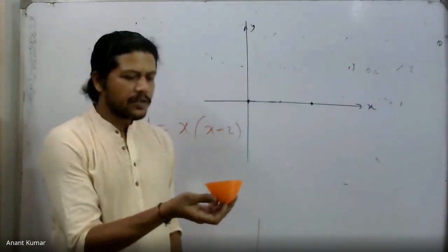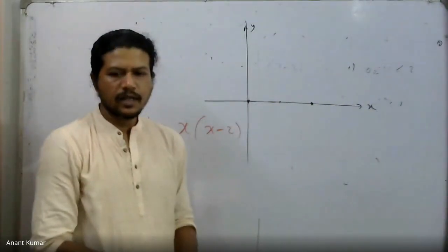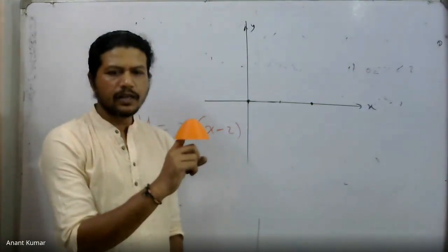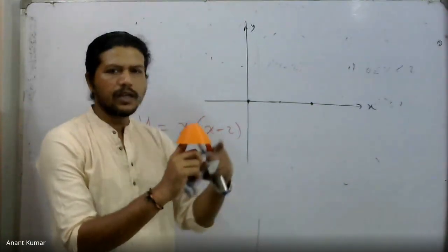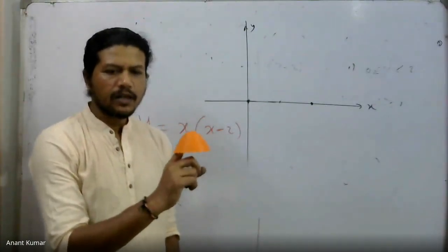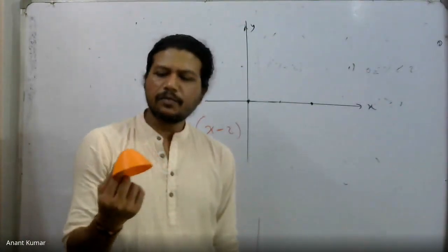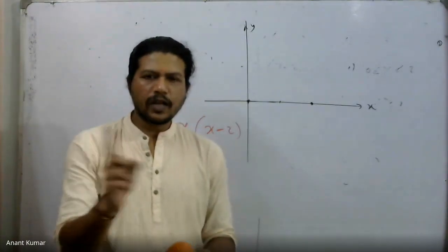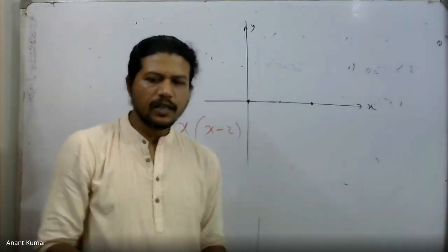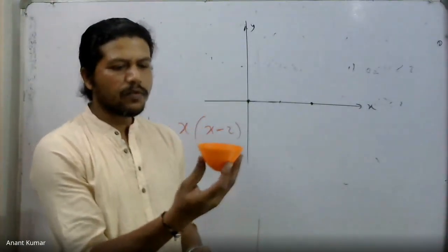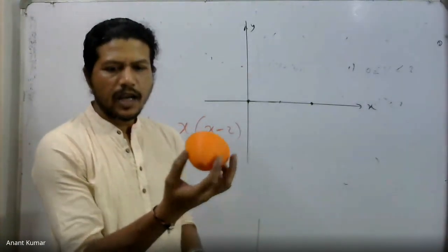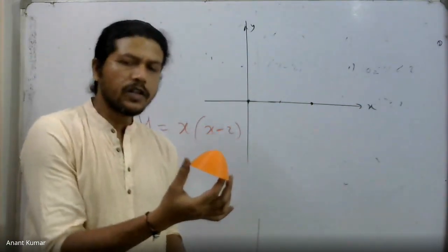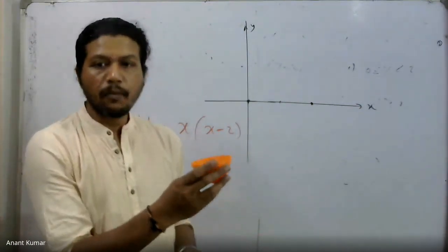But technically, I have actually 3D printed it in this case. Let us look at this one over here. The cross section, looking at it this way, is in fact a parabola. What I have done in this case is I have 3D printed a paraboloid. A paraboloid is nothing but a rotation or revolution of a parabola. It's like this, for example, for an upward opening parabola, and like this for a downward opening parabola. It's quite obvious why we call this downward opening and why this is upward opening.